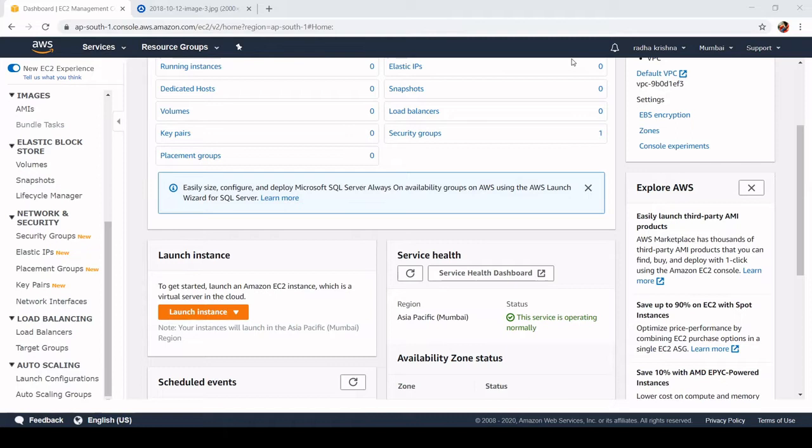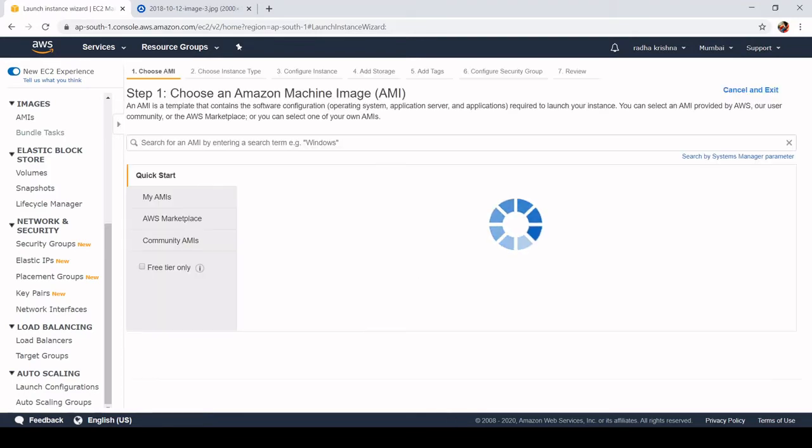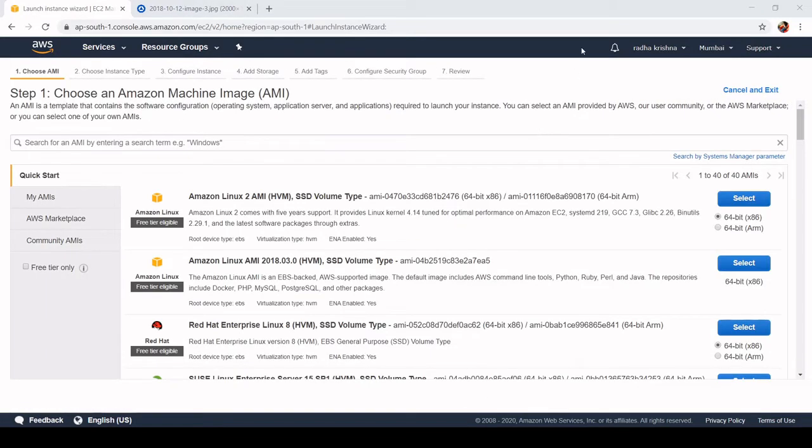Now we are back in the EC2 console, and we are going to launch an instance. Click on launch instance. As you can see here, these are the different operating systems, and we are going to select our Amazon Linux 2 AMI.